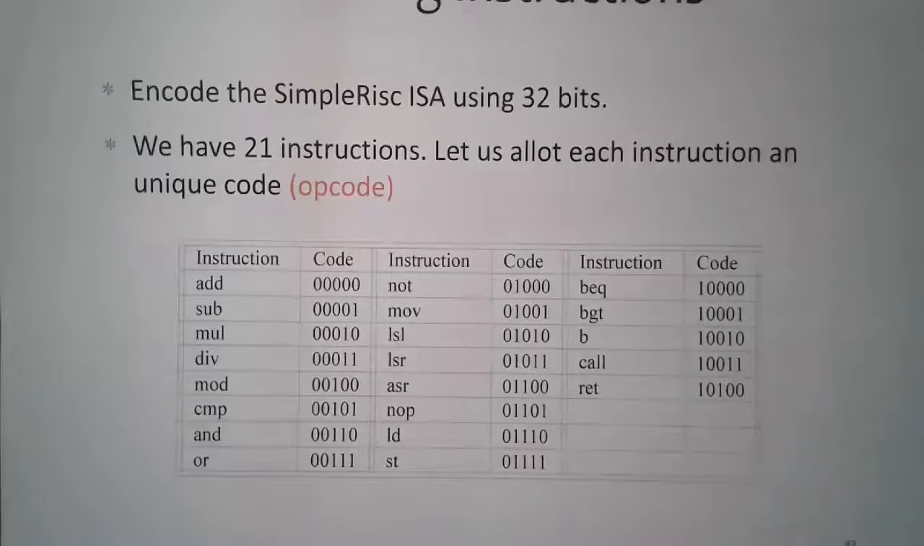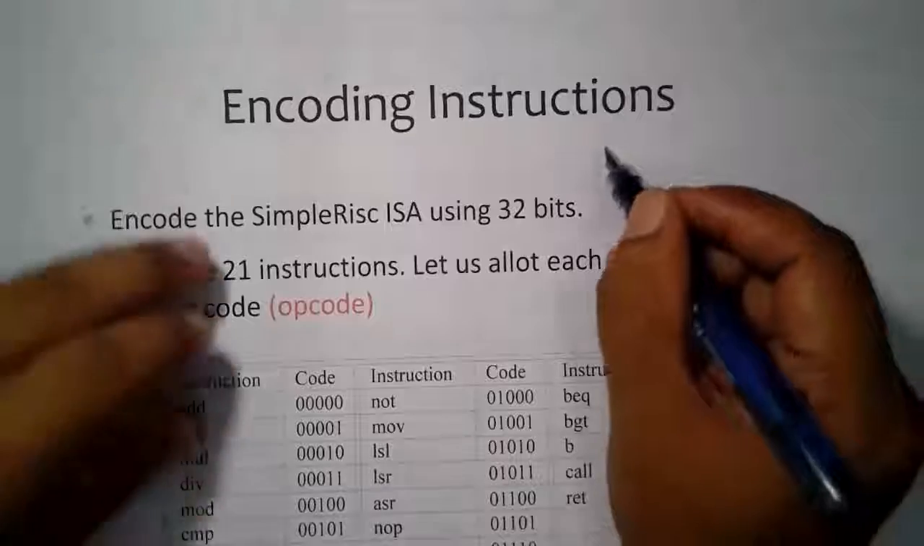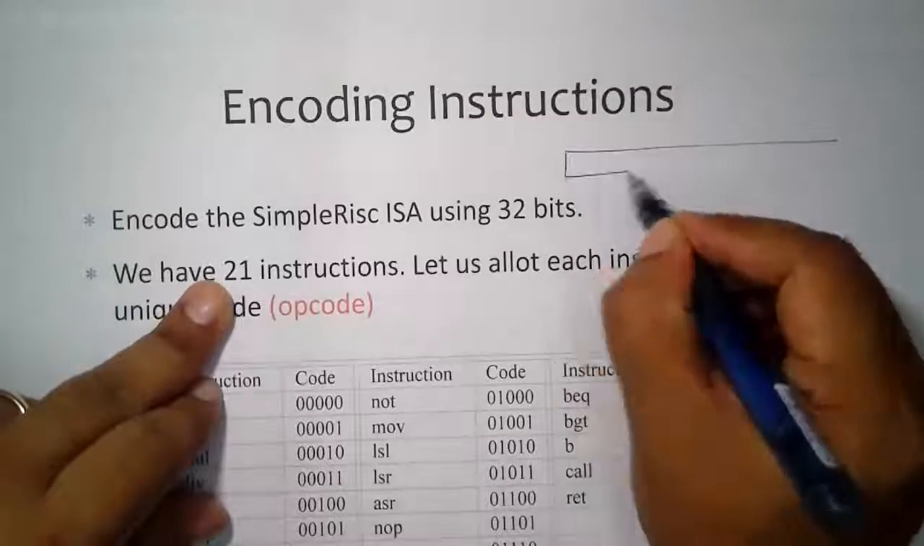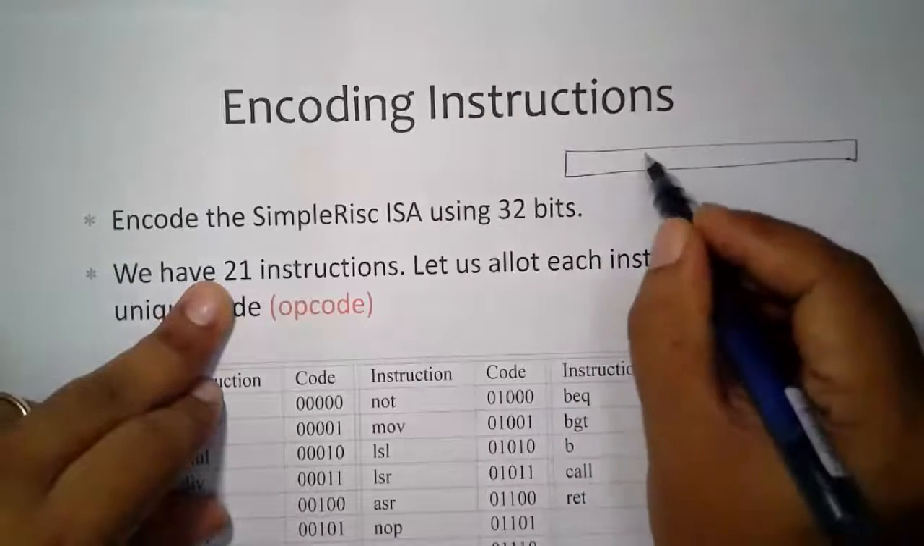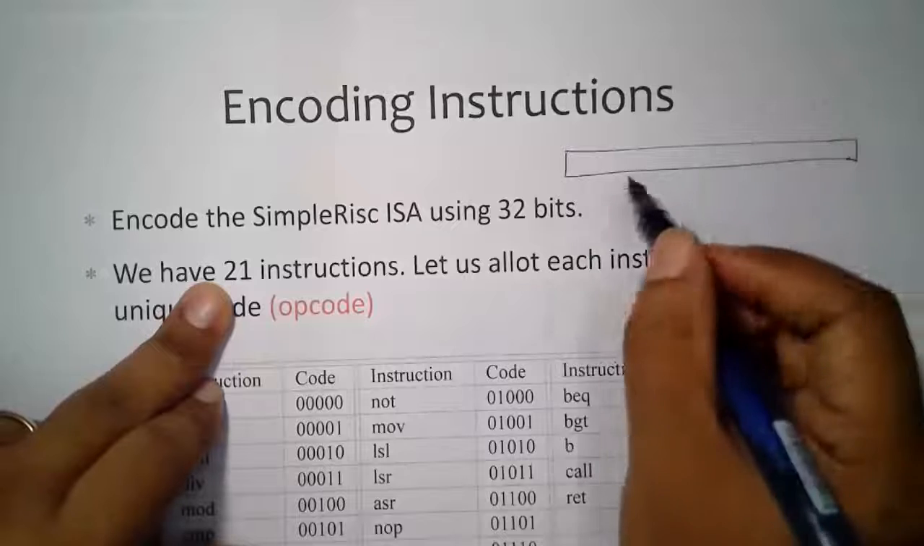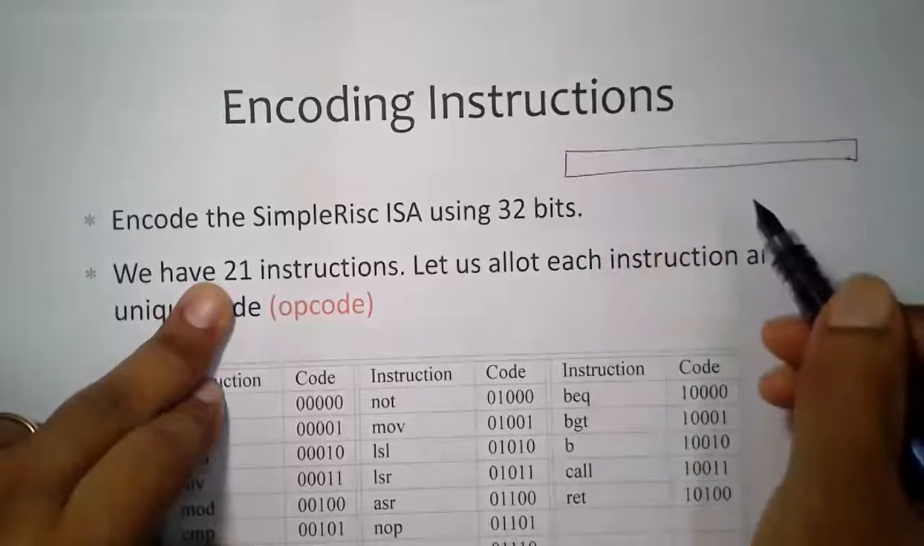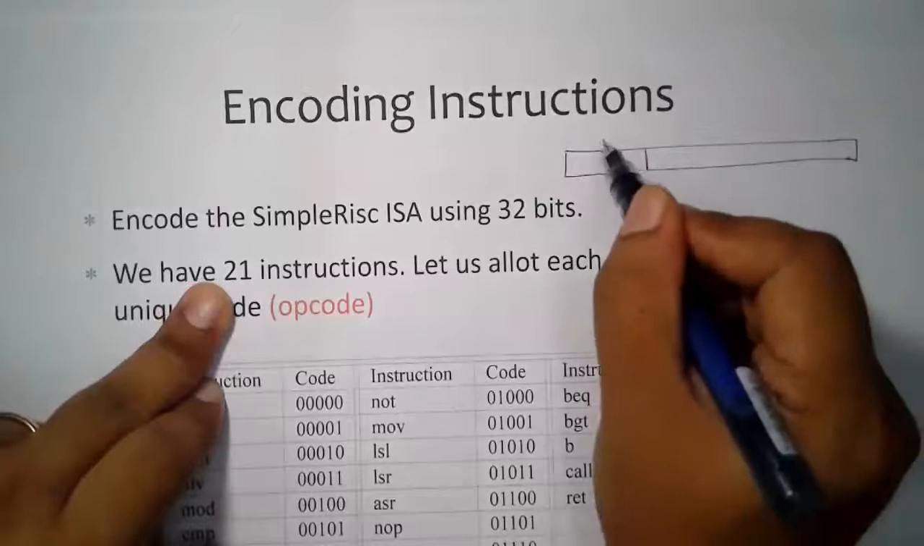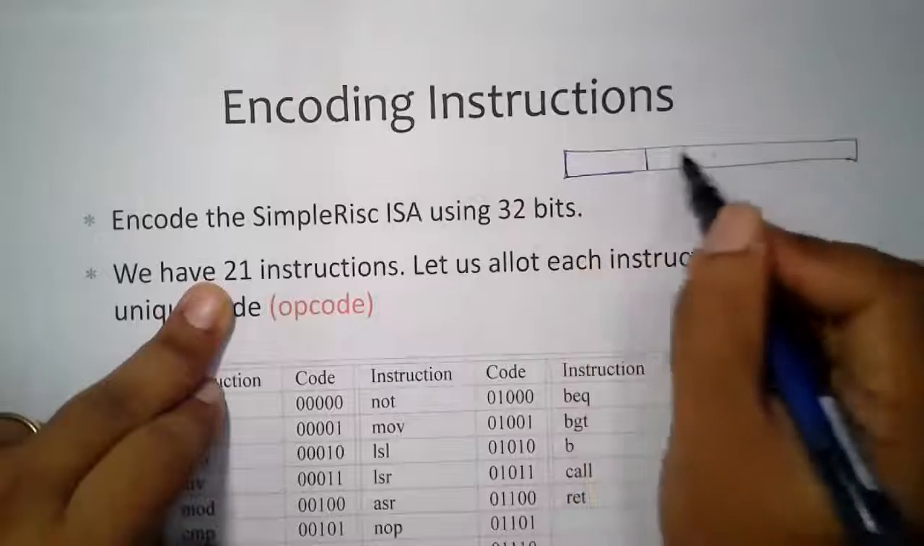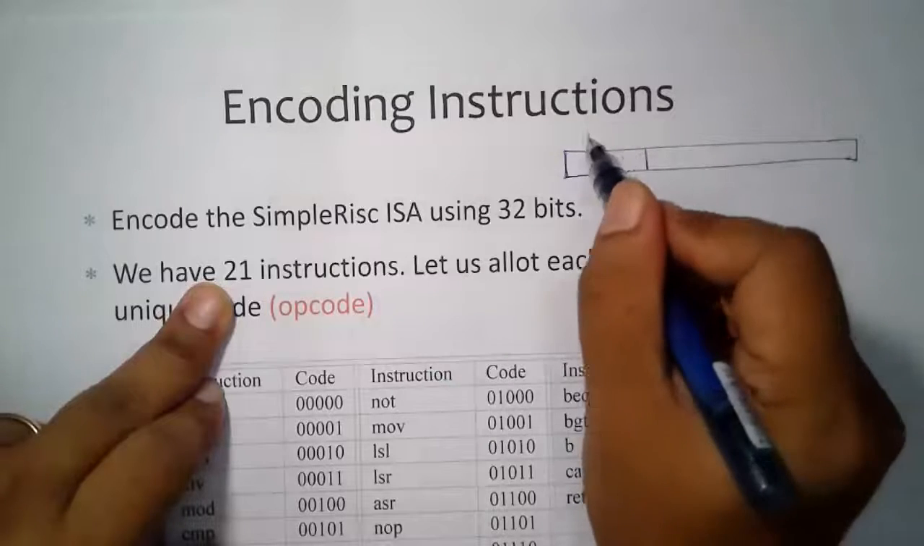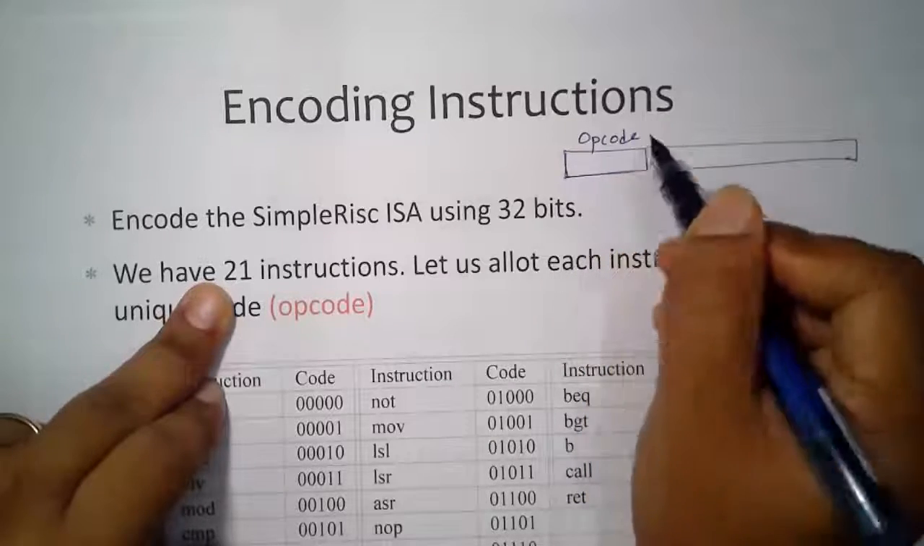Now, for encoding these 21 instructions, you need at least 5 bits, because if you only reserve 4 bits, so what we are trying to do, we have our instruction is 32-bit. Now we have to allocate this 32 bits for different tasks. For example, some part of this 32-bit will be denoting my opcode,